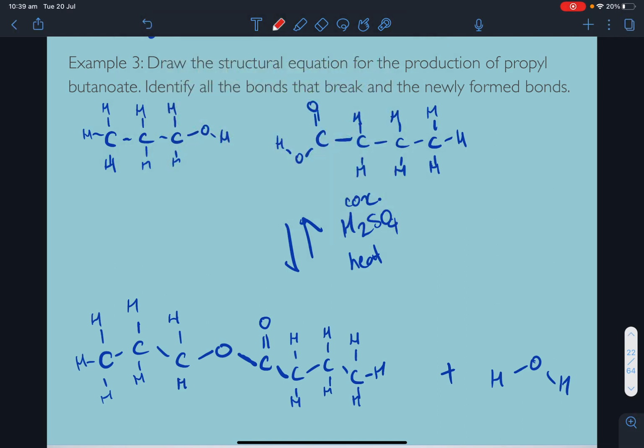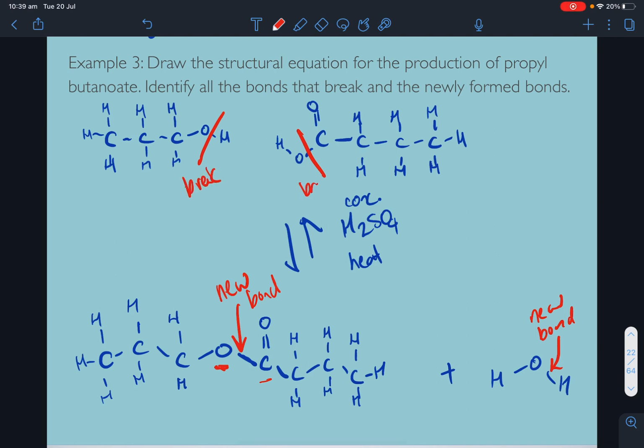Okay. The OH bond in the alcohol breaks and the CO bond in the carboxylic acid breaks. So therefore the new bond goes from the oxygen of the alcohol to the carbonyl. Okay. Oxygen to the carbonyl. So this is a new bond. And it doesn't matter which one you put on the water because it's symmetrical. New bond. So break